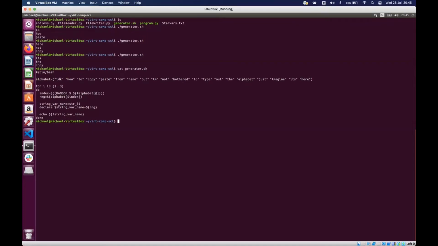So we're not going to be talking about shell scripting in these sessions. I try and avoid shell scripting if I can, to be honest. So we're not going to talk about how the script works, but just to say it's going to pick 3 random words from this list and then print them out. So if I run this script again,